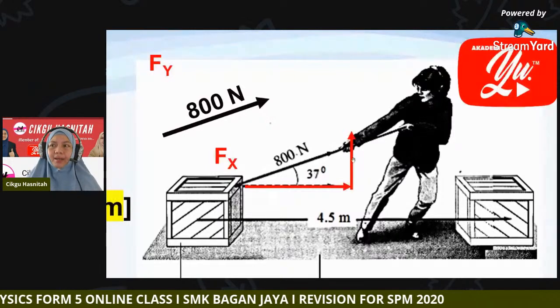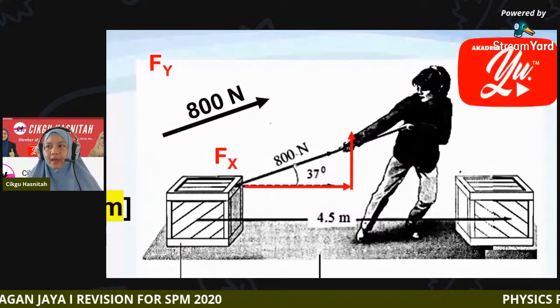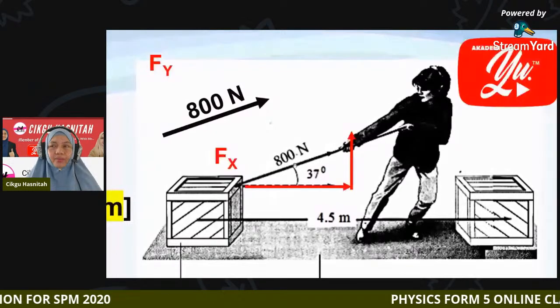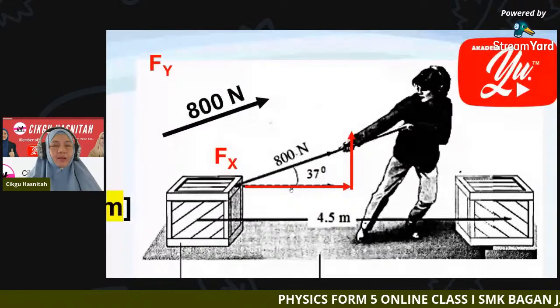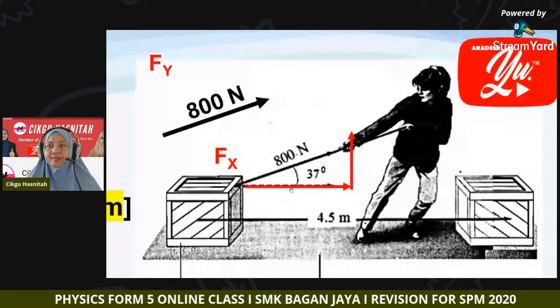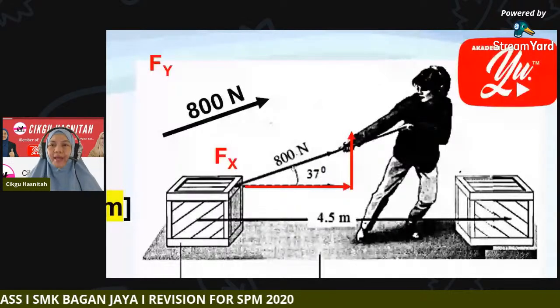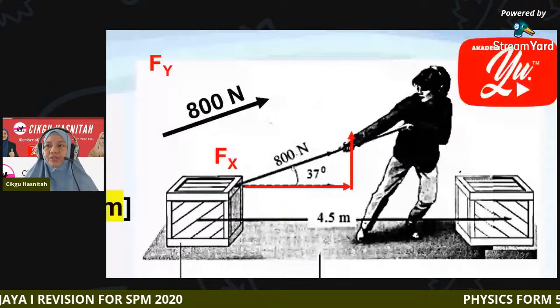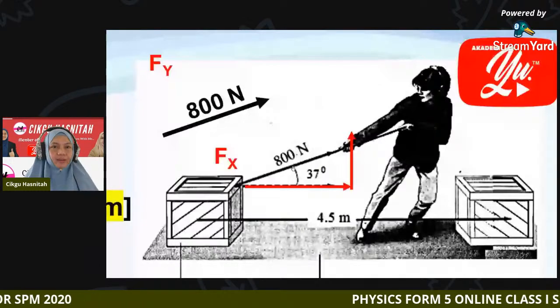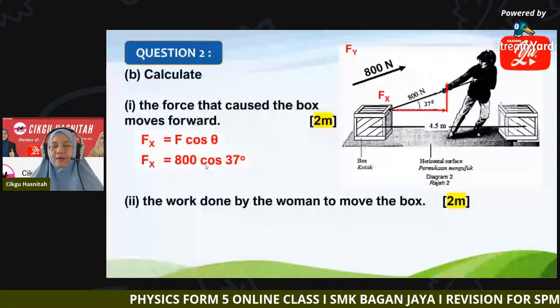So what is the relationship between adjacent side fx and the force F? They will give you cos. The relationship is cos. So that's why we are writing here fx is equal to f cos theta. To find the value, we do the substitution. F is 800 and cos theta is cos 37. So by this, fx is